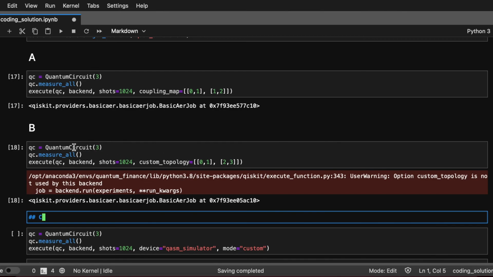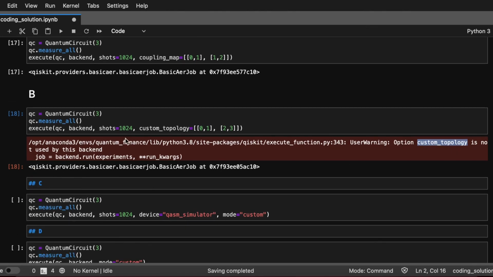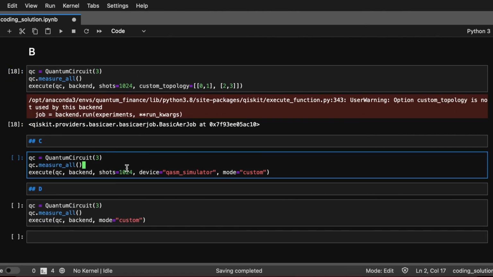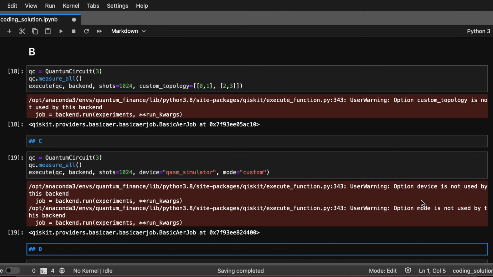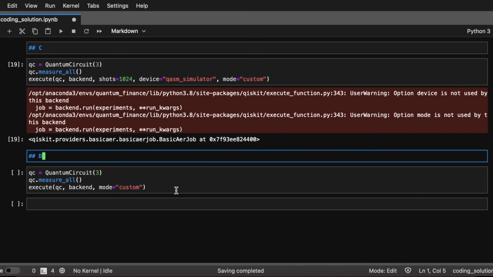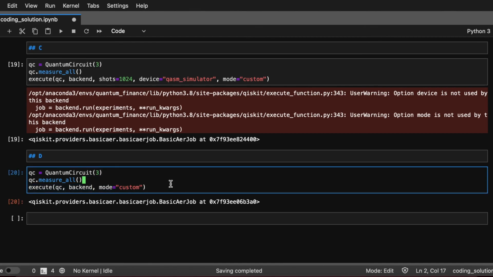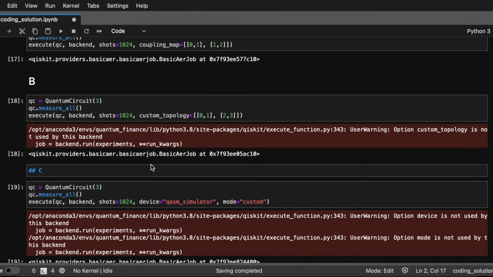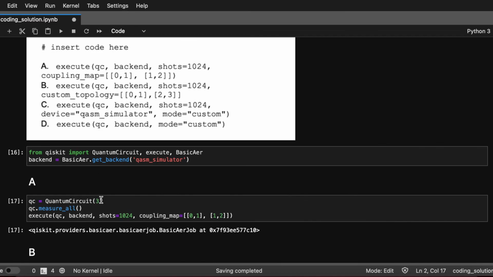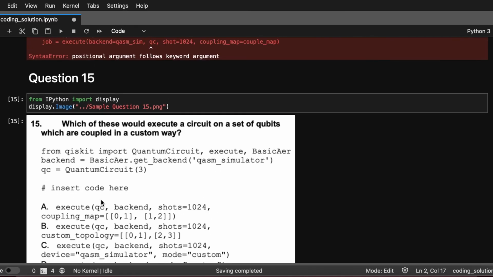And interesting, the basic Aer gives warnings, unlike the other one that we're using. It tells us which parameters weren't used. It's not used by this backend. So we know that's not the right answer. And here we see again, device and mode are not parameters used by the backend. And for some reason we don't get the warning here, but mode's not used as a parameter. So option A is the right answer. So both for 14 and 15